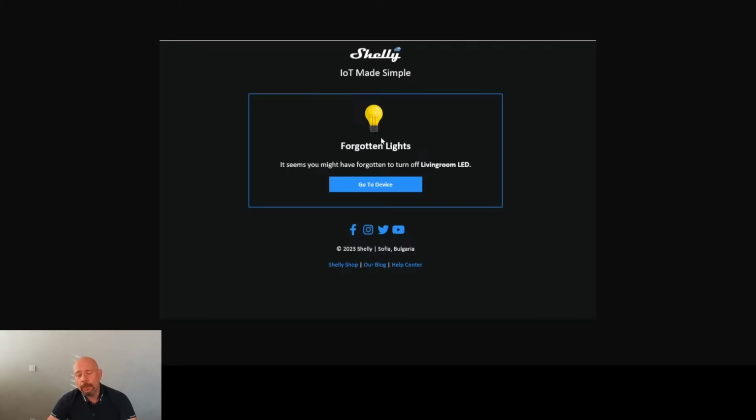Then you can allow the AI to switch off the lights if it detects that they're forgotten, but not for all the lights. You can choose which lights can be switched off by the AI if you want to do that. Otherwise, you can do it by yourself. But at the moment, for me, this saves an extremely large amount of energy and money,